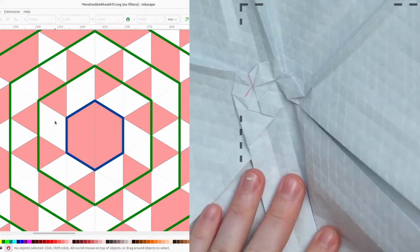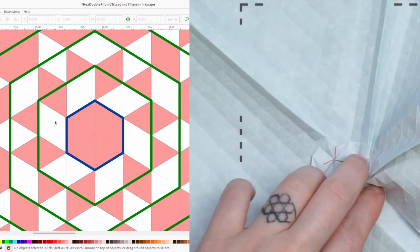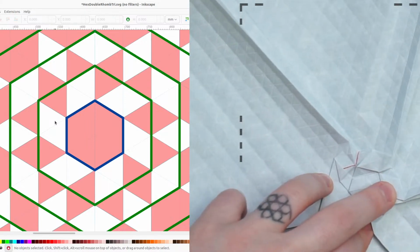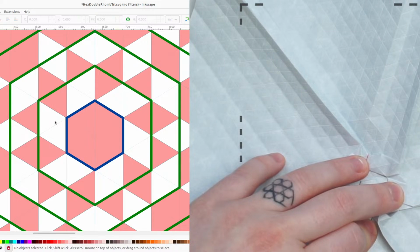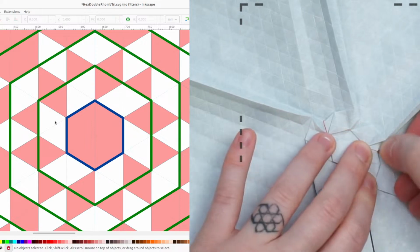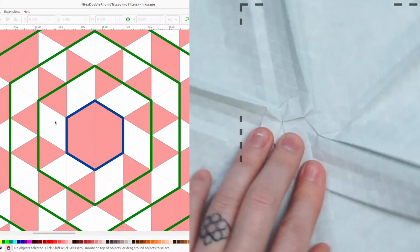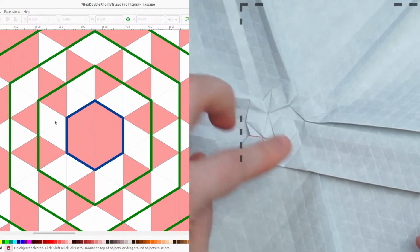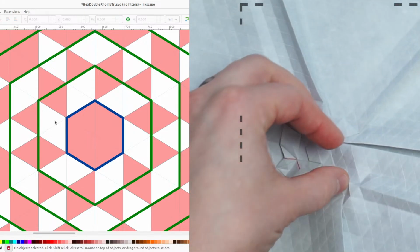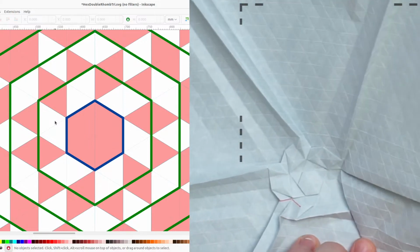So I'm working my way around, setting up the tube, setting up the triangle wrap. And if my triangle wrap isn't happy, like that one was almost unhappy, I can flip over to the back side and make sure that all the folds are actually on grid lines in order to continue. And then for this one, I'm going to open the pleat from my first rhombus, lay down the tube for